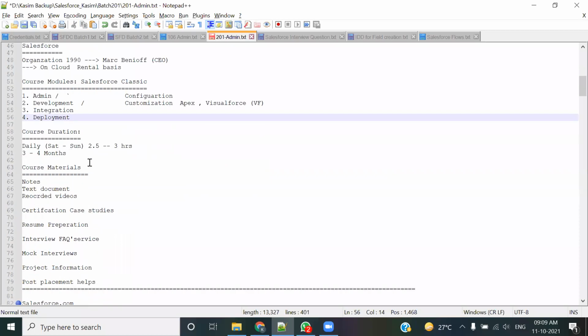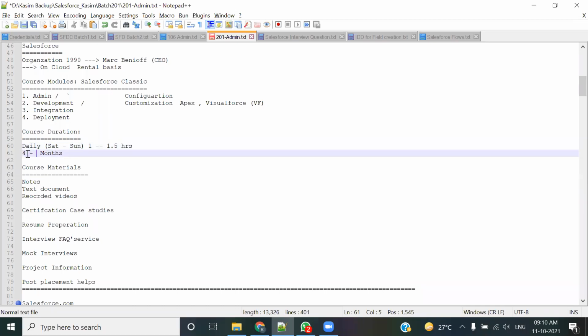ठीक है, इस पे आप डिसाइड करो आपको क्या करना है। कोर्स ड्यूरेशन approximately, अब ये आपकी बैच का नहीं है, something like 1 hour या फिर 1.5 hours per day मैं लूंगा इसको, depends on the topic. और 3 to 4 months नहीं, but approximately between 4 to 6 months। मैं कुछ बैचेस को मैंने 4 month में भी कंप्लीट कर पाया, कुछ को मैंने 5 में किया, कुछ को 6 पे भी किया है,